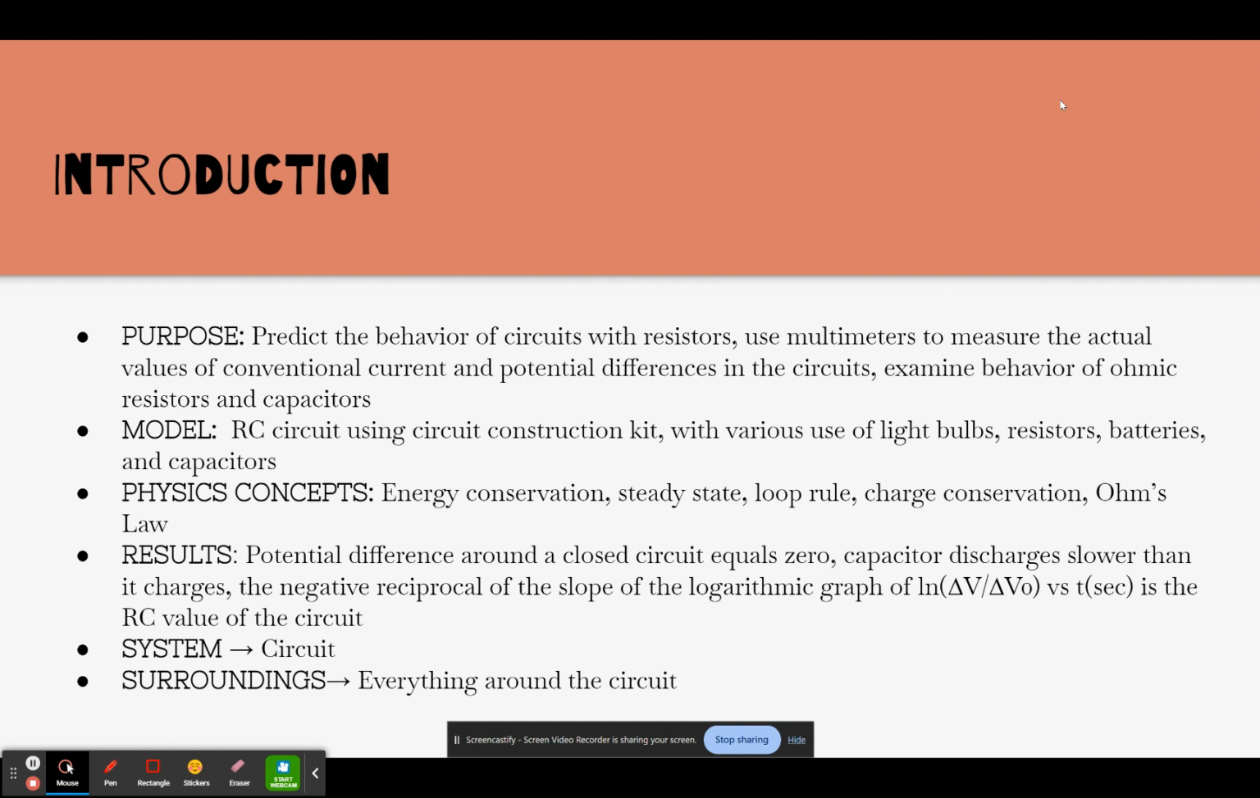The physics concepts tested were energy conservation, steady state, loop rule, charge conservation, and Ohm's law. Results, brief preview: the potential difference around a closed circuit equals zero. A capacitor discharges slower than it charges. The negative reciprocal of the slope of the logarithmic graph of ln ΔV over ΔV initial versus time in seconds is the RC value of the circuit, and the system is the circuit, and the surroundings is everything